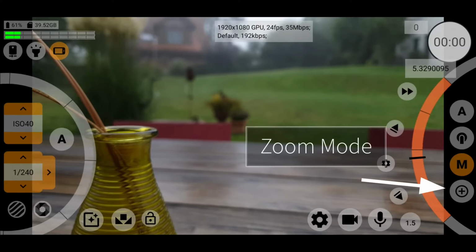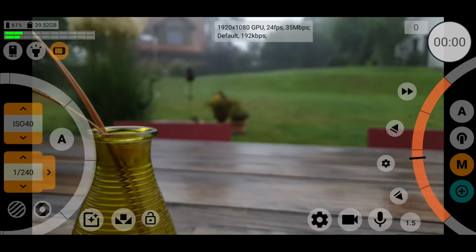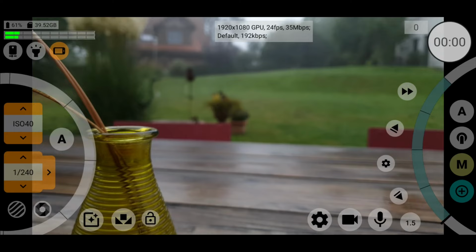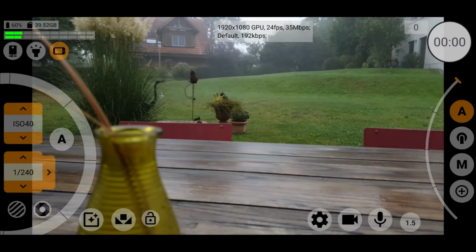Right at the bottom of the focus mode buttons is a button with a plus sign. Now tap this to switch to zoom mode. Now the wheel goes green and will control zoom. Below the focus and zoom controls, you will find 3 buttons, or 4 if you have a Samsung S9 or